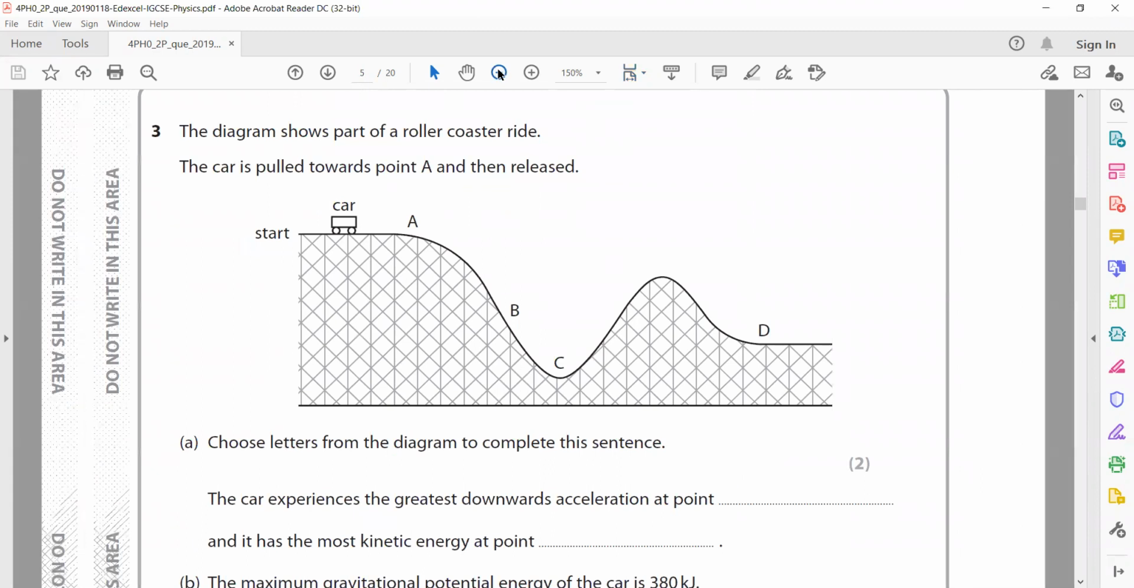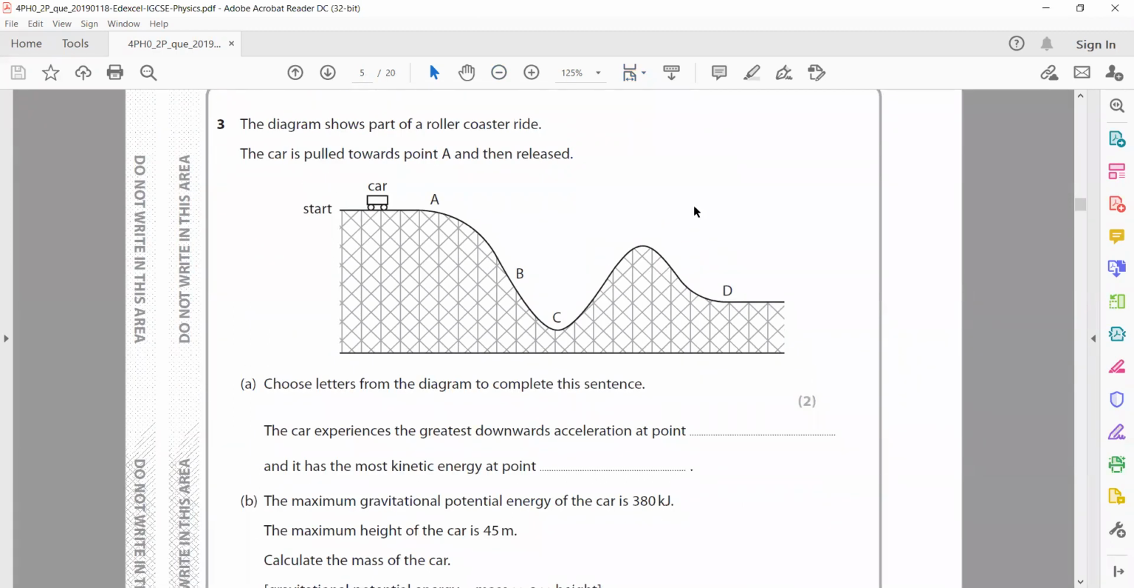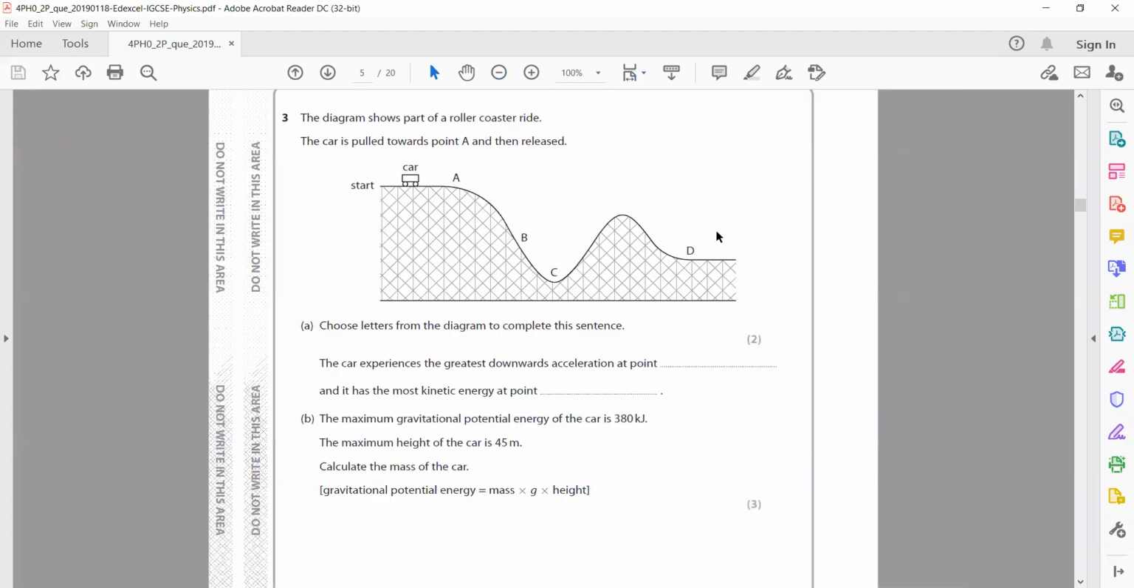So the first one: the diagram shows part of a roller coaster ride. The car is pulled towards point A and then released. Choose letters from the diagram to complete this sentence. The car experienced the greatest downward acceleration at, so which point will have the greatest downward acceleration as it is coming down? So this point B, it will experience the highest